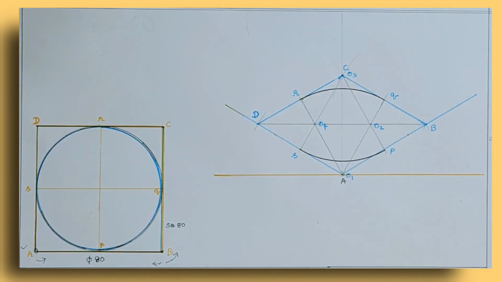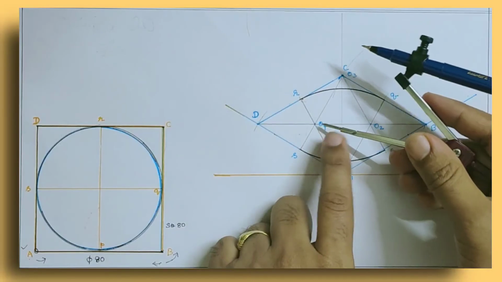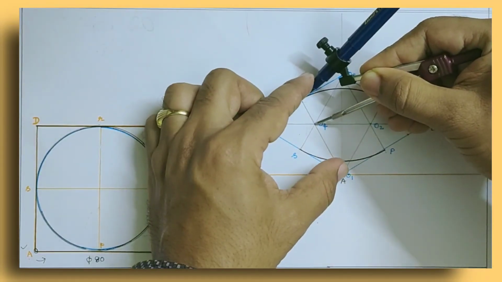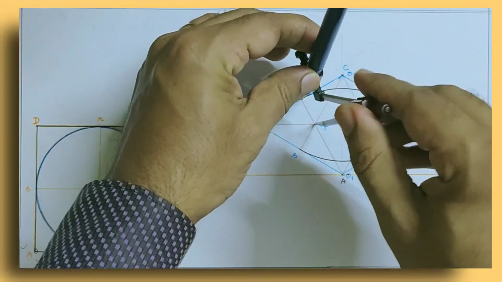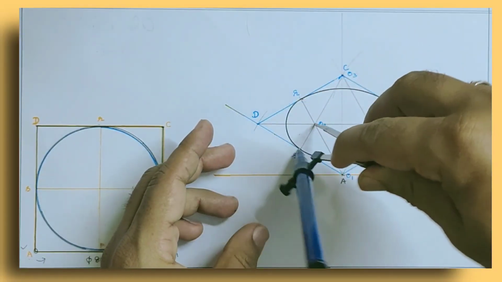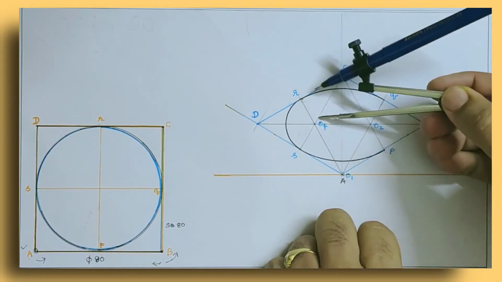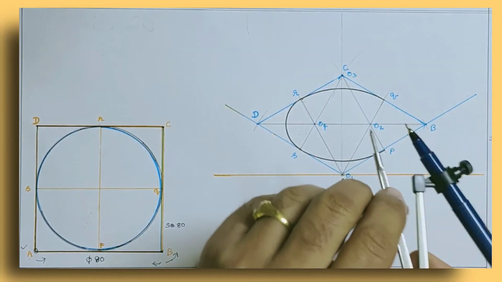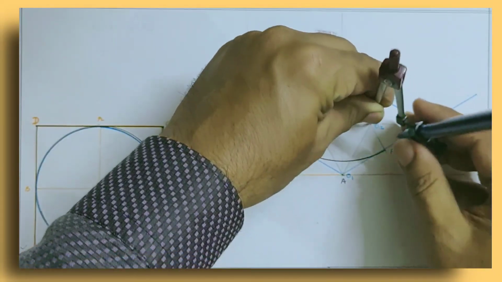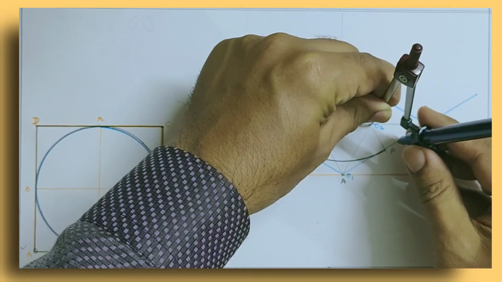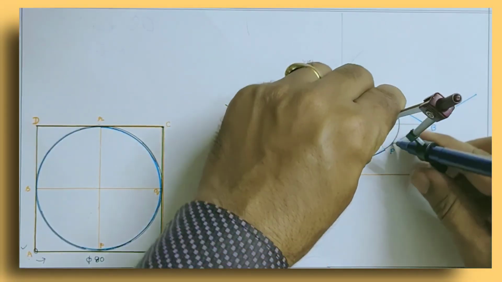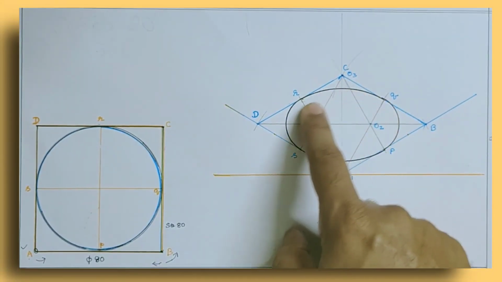Next, I'll take O4 first, with O4 as the center and O4R as the radius, draw an arc. The same procedure you can repeat here with O2 as the center and O2P as the radius, drawing the arc. If you draw it to scale, you will get a continuous arc here without